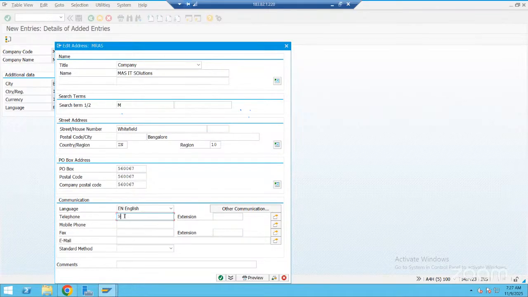Telephone number. All this data will go and sit in the database tables. Everything in SAP, everything in the IT industry, whatever you do, the backend database is required to store the information.